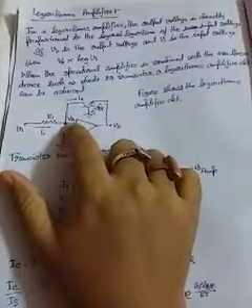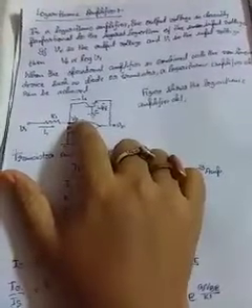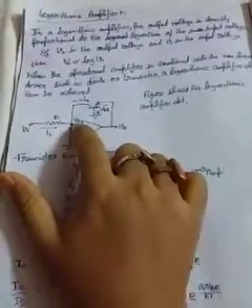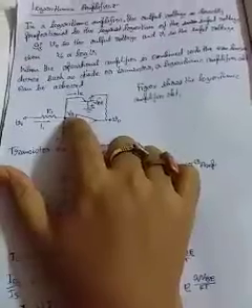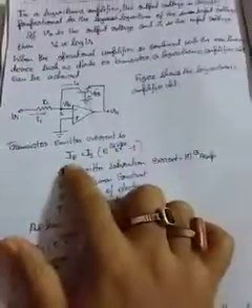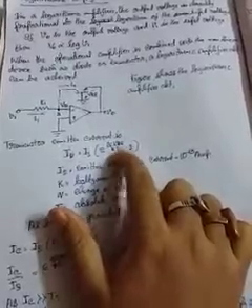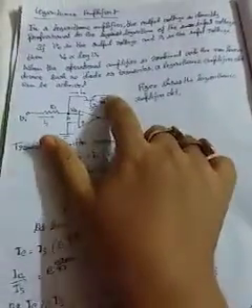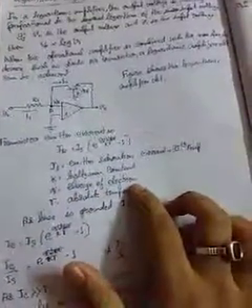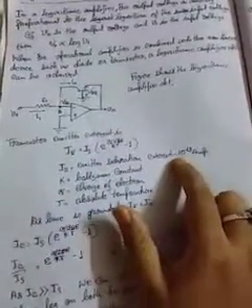This is point A, and I assume the voltage here is Va. In the previous class I also told you this is the virtual ground. Due to the virtual ground concept, Va should be 0. So the transistor emitter current is given as I equal to Is e to the power Q Vbe by KT. K is the Boltzmann constant, T is the temperature, Vbe is the base-emitter voltage, and Q is the charge of the electron, 1.6 into 10 to the power minus 19 coulomb. Is is the emitter saturation current, given as 10 to the power minus 13 ampere.